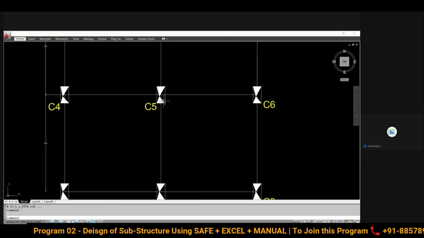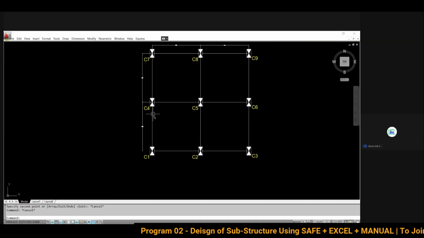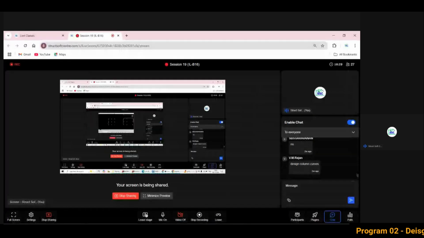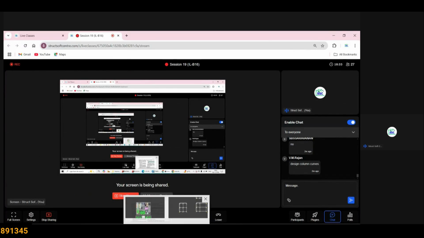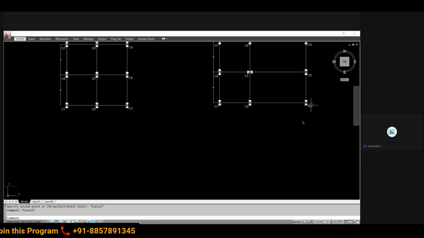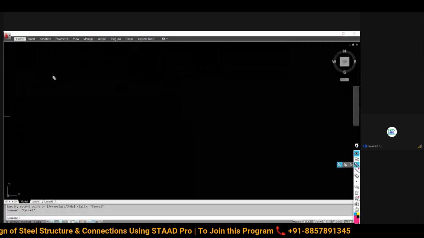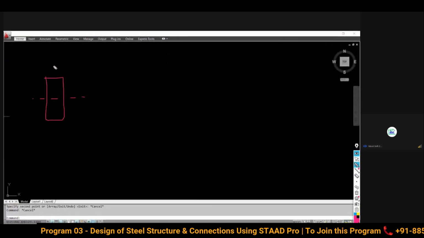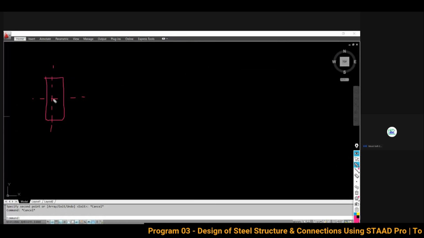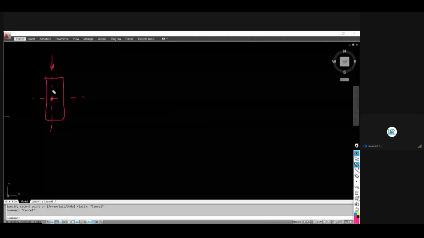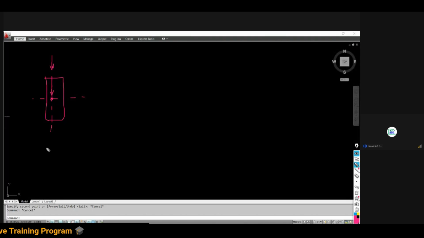That's very simple. We have also discussed this point earlier. Now there are three types of column. The very first is your axially loaded column. Those who do not know, try to understand. Suppose this is my column, this is the major axis, and this is your minor axis. Now, exactly at the center point the load is going to act. For example, if the load acts exactly at this center point, we call it a purely axially loaded column.